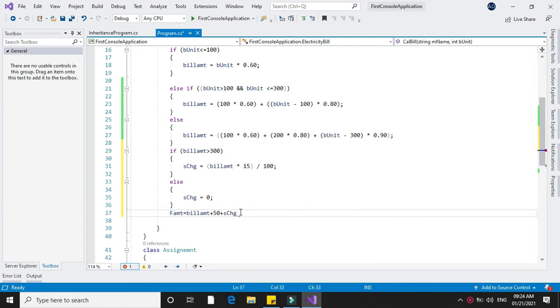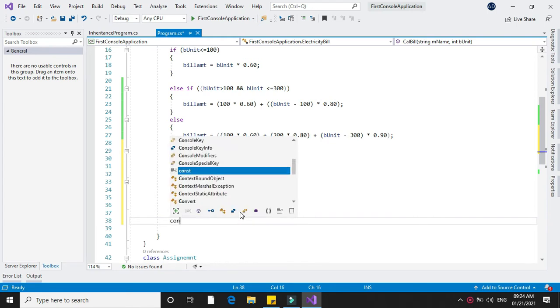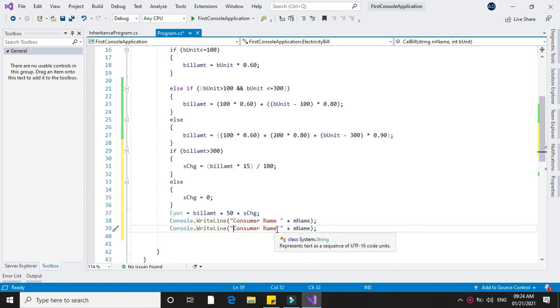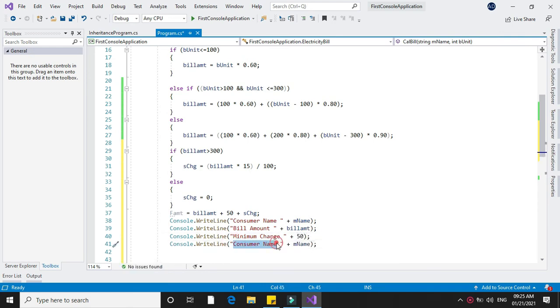And now we'll print all this information with Console.WriteLine. Console.WriteLine name, then bill amount, we'll print bill amount field, then minimum charge, which will directly print 50, then surcharge, and lastly final amount.